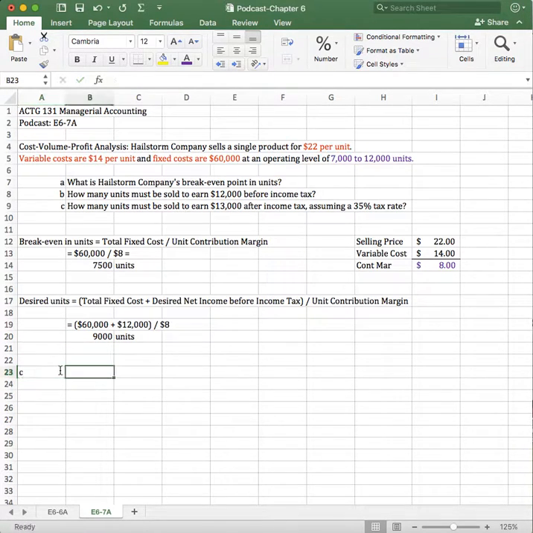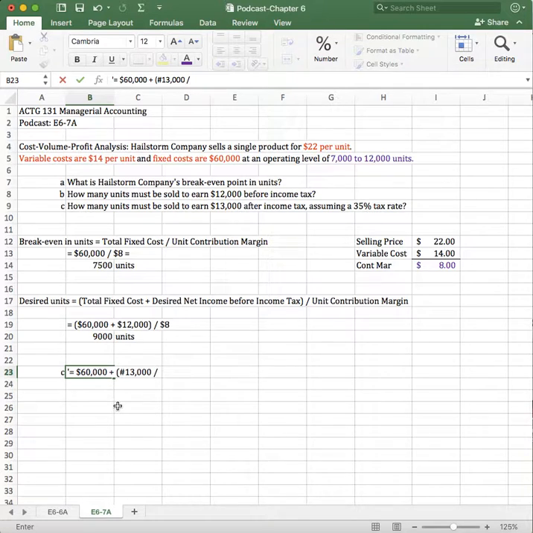Now, letter C, if you watch the podcast, you know my algebra is not as good as I'd like. Therefore, I'm going to show you the formula, and hopefully with your skills, you'll be able to solve this problem. Again, so 60,000, which is the fixed cost. Then we're going to add to it 13,000 multiplied by a 35% tax rate. So here we go. We want to get 13,000,